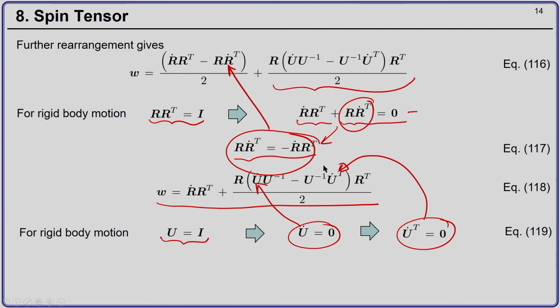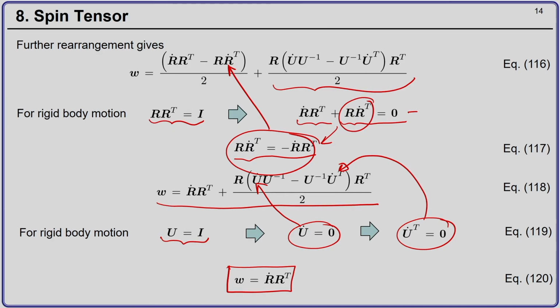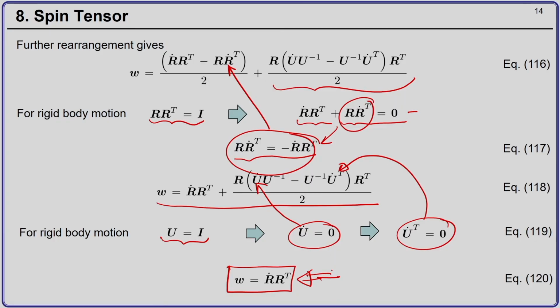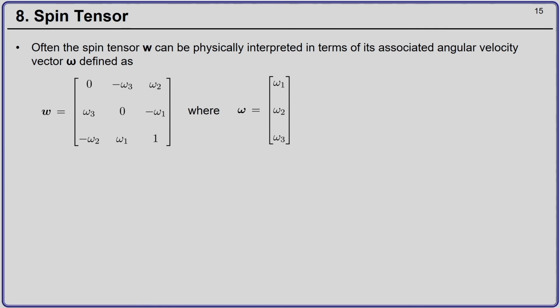So, for rigid body motion, I can show that my spin tensor is nothing but the material time derivative of the rotation tensor times the transpose of the rotation tensor, R dot R transpose. There is no stretch here. So, only rotation is involved. That is why omega is also called the spin tensor, because as a special case I can show it is composed only of spin or the rotation. There is a time derivative, therefore, the rate of rotation is the spin. So, it is also called the spin tensor. So, I can attach some physical meaning to it.